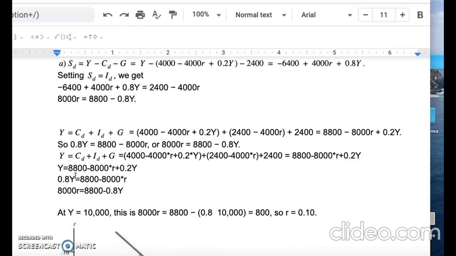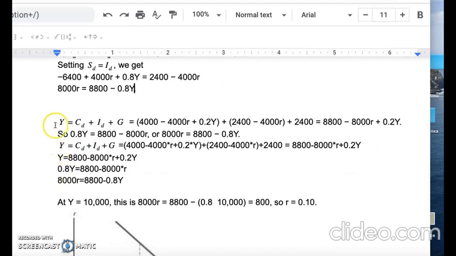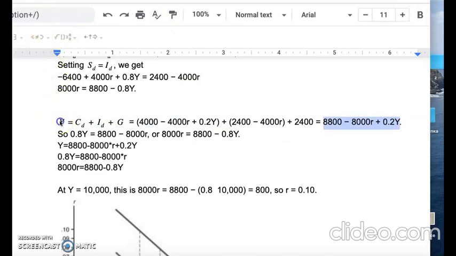And by using the second condition of the goods market equilibrium, which you can see here, after the mathematical manipulations, we will have the same final equation for the case. So by using the second condition, we have